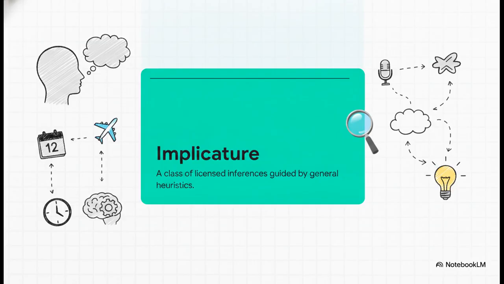So how do we do that? It all comes down to a theory called implicature, introduced by the philosopher Paul Grice. We make these massive inferences guided by common sense rules, like the maxim of relevance. Basically, we assume people aren't just spouting random nonsense. When the client mentions the meeting on the 12th, the agent's brain does this instant math. Okay, meeting's on the 12th. You gotta be in the city for it. People usually fly on the day before. Boom, they need a flight on the 11th. That is a massive leap in logic happening in milliseconds. It's completely unfair to expect a machine to just grasp that without some serious training.